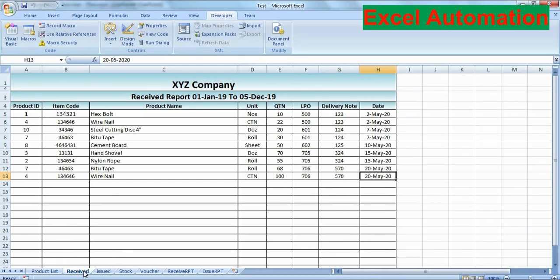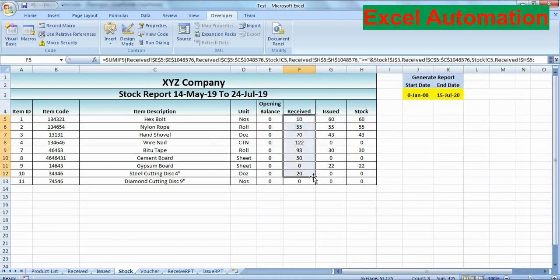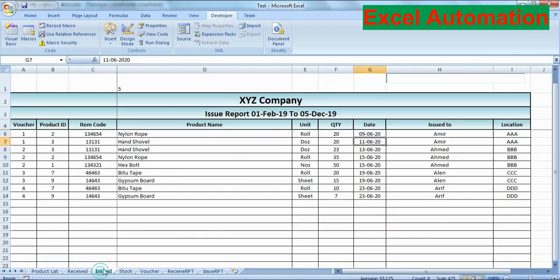It will give you the receive report, it will give you the issue report as a lump sum report and a particular item report, and it will give you the stock report. For the stock report, I will tell you in the next video how to generate it, because we have already worked on this, and we use some if formula here. Okay, but we will work on it in the next video.